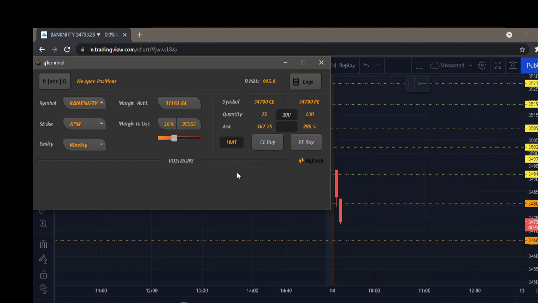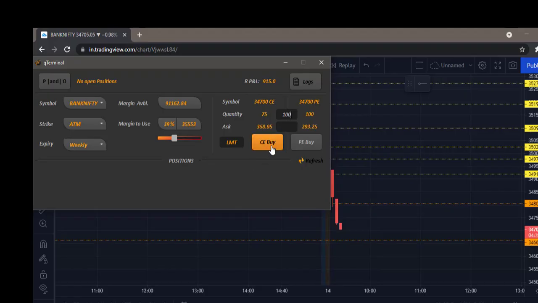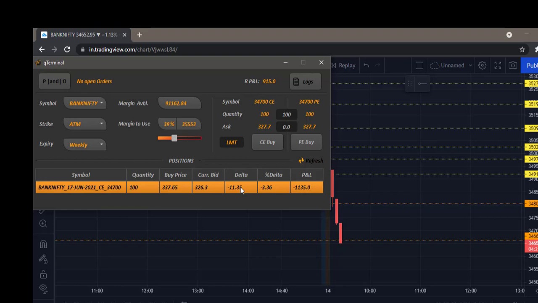So I'll be going with 100 quantity, and I will be waiting for the price to reach my level. So the price is slowly reaching my support level. So I'll be ready to take the trade now. So again I'm going by 100 quantity. Okay, it reached my level and I've taken a call option.